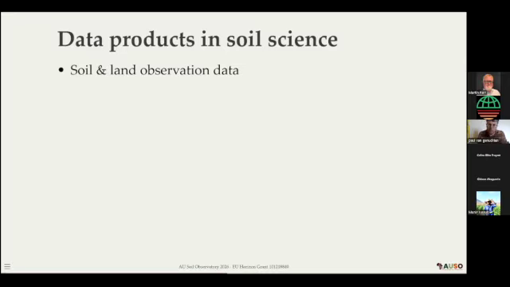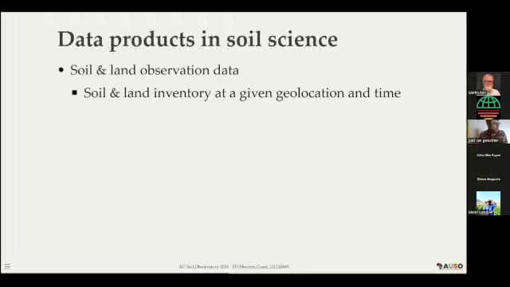Because this is where the knowledge on soil is based. On one hand, we have experiments under controlled conditions. On the other hand, we have the distribution of soils through the country to understand the whole soil behavior. But both can be captured as observation data.